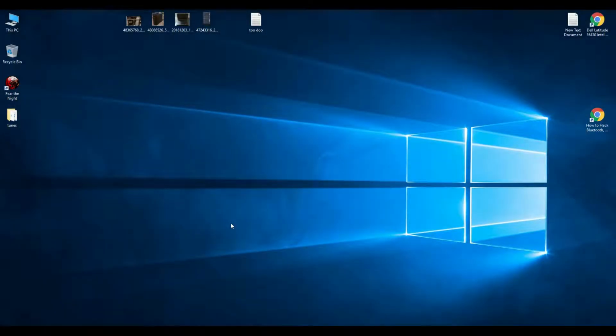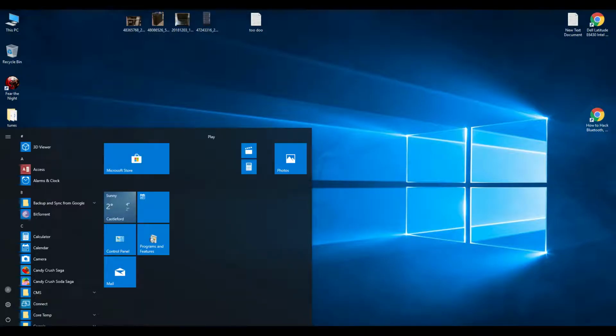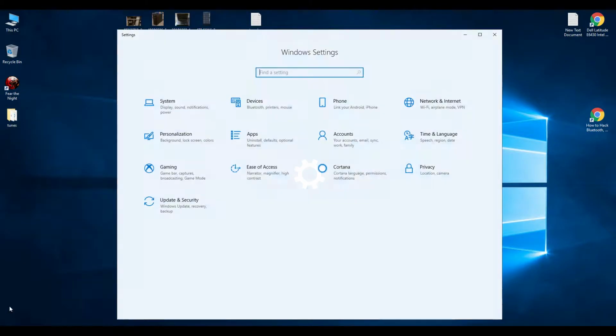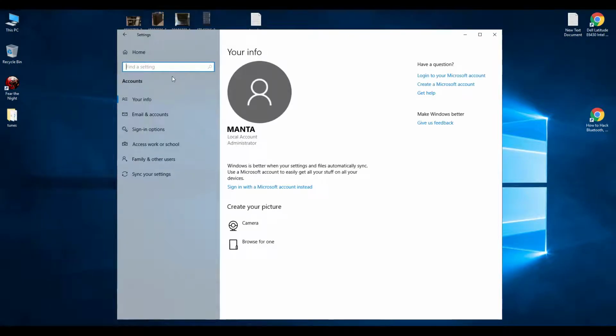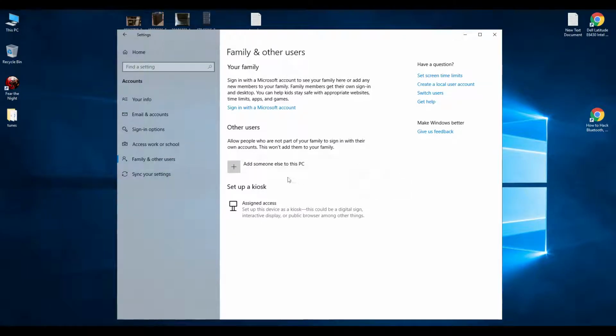So in this video I'm gonna show you how to make another user account. So first thing you want to do is click on the Windows Start icon and then go to Settings and then Accounts, and then you want to go down to Family and Other Users, and right in front of you should have Add Someone Else to This PC. Click Add,